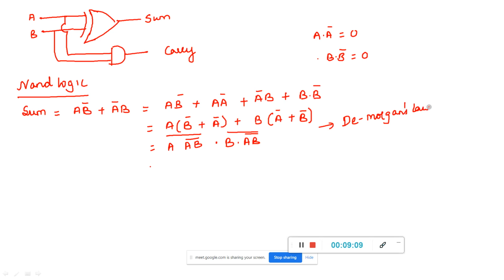Break the bar and change the sign. What you have to do here is take the entire bar and then break it. If it is plus, it will become ANDing. Okay, so in this way you will get for sum. And next for carry,